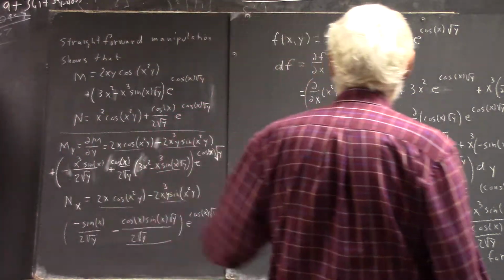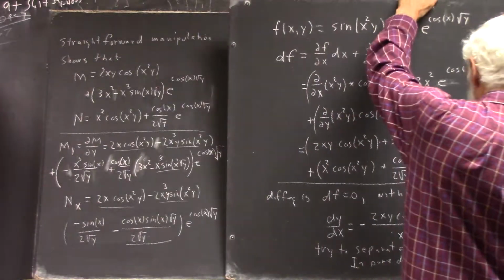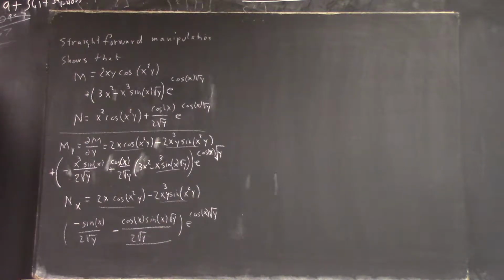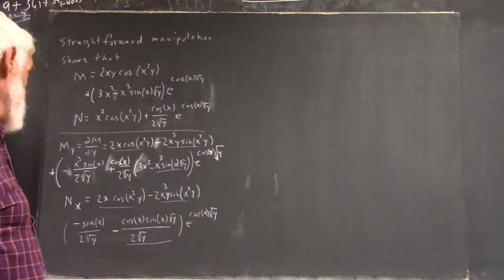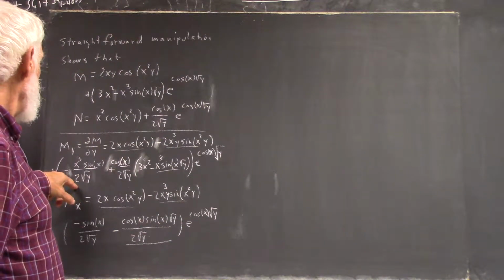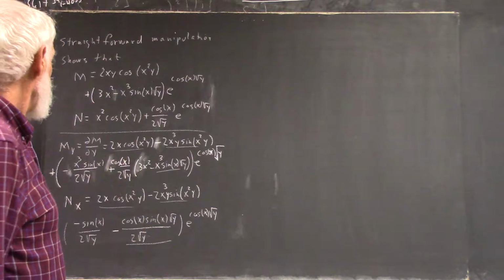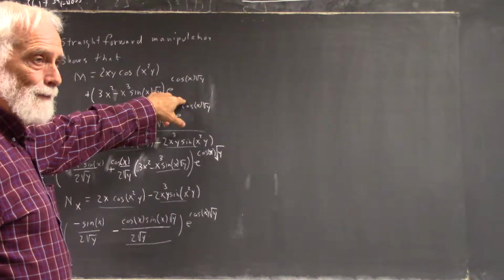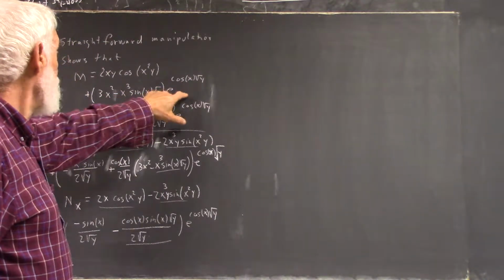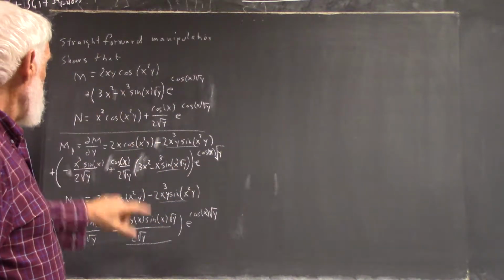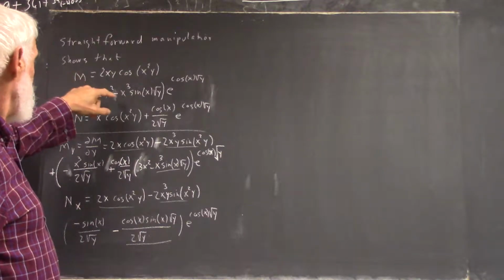I'm unable to reconcile this after another good look. This comes from this term, using the product rule: this derivative times this, and then plus this times the derivative of this. This works, okay? Gives me this term, which matches the term I have down here, but this one, the